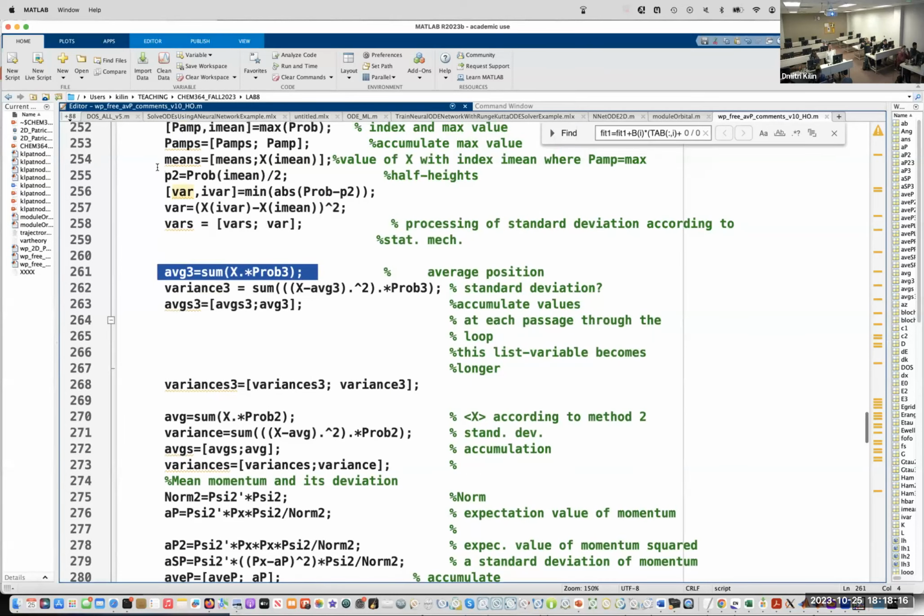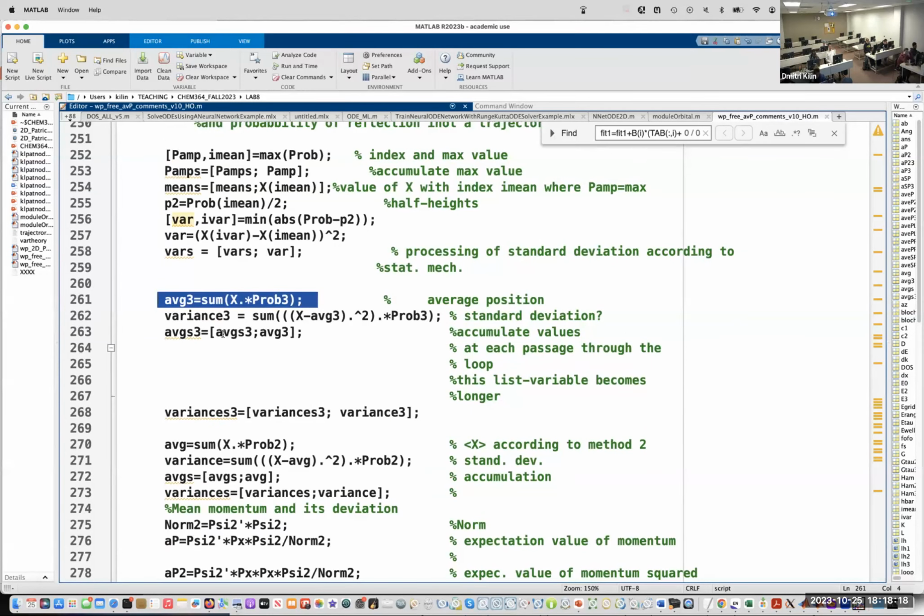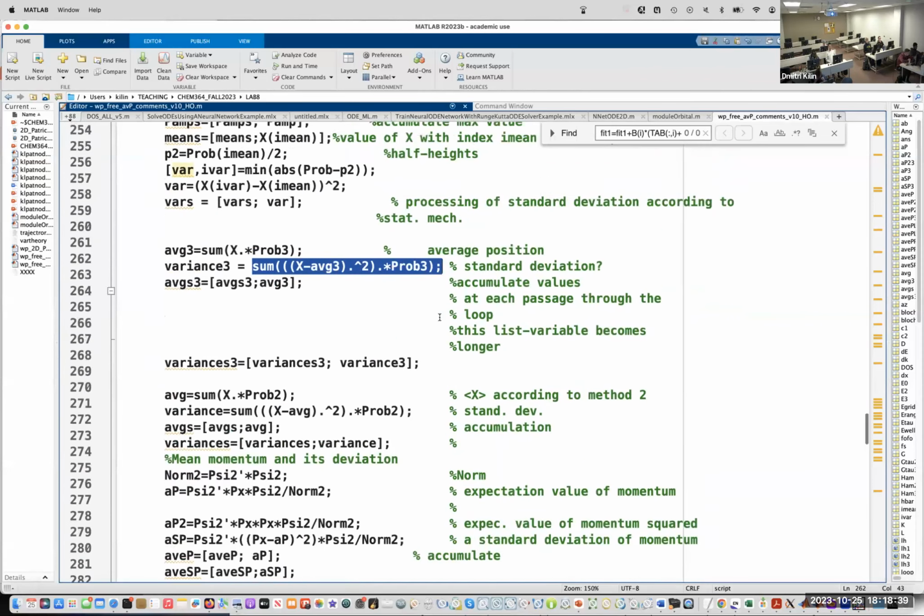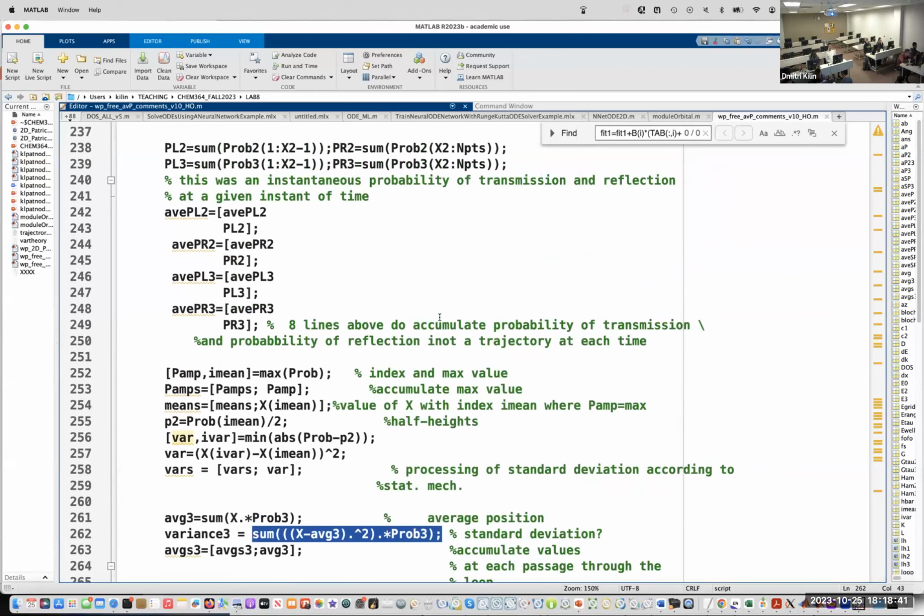In addition, this code computes variances, which is the root mean square deviation, right? They are also accumulated for both position and momentum, and they are plotted because someone can be interested in them for the uncertainty principle.